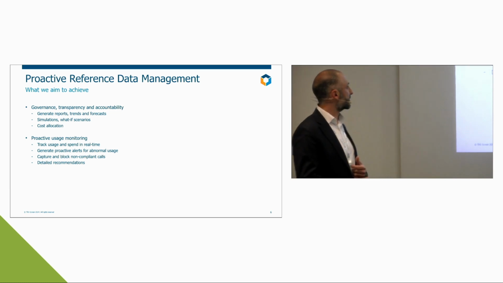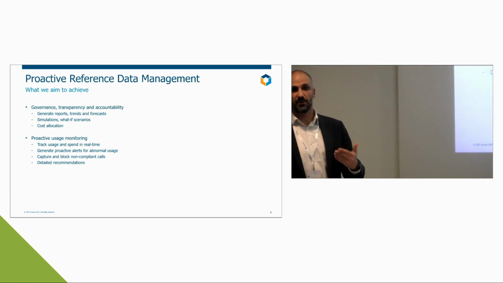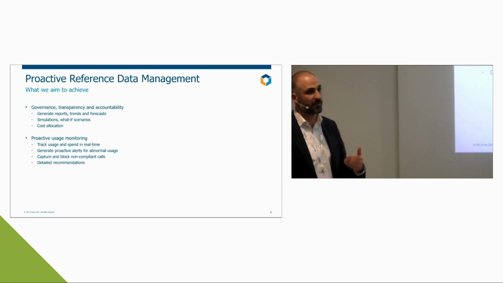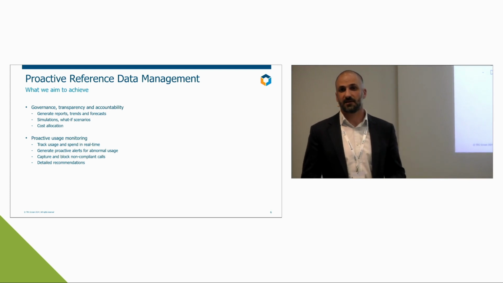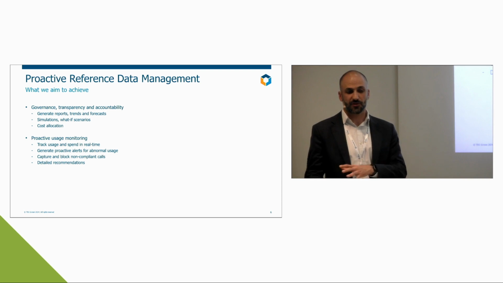We will talk about this in a bit, but tracking usage in real time means that we know the spend, we know how much we're spending on a daily basis, we can create alerts in the system, we'll talk about all of these things, and we can even block or limit access to non-compliant data. So all of these features open up when we change the dynamic from being in a passive situation to being in a more proactive situation.